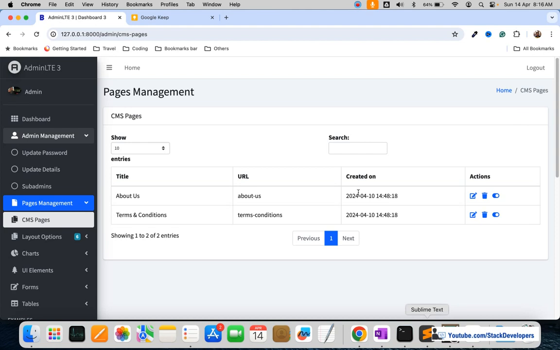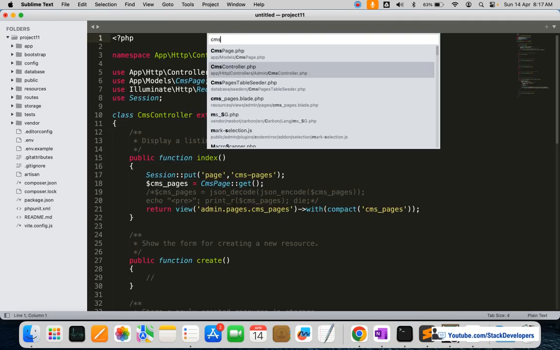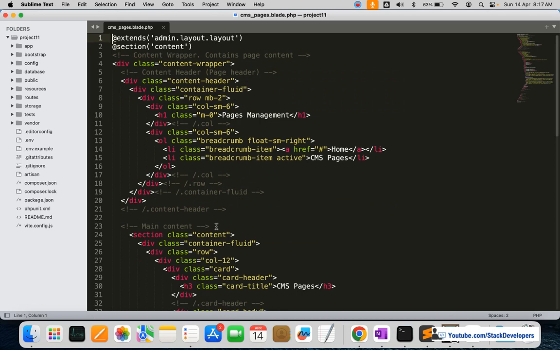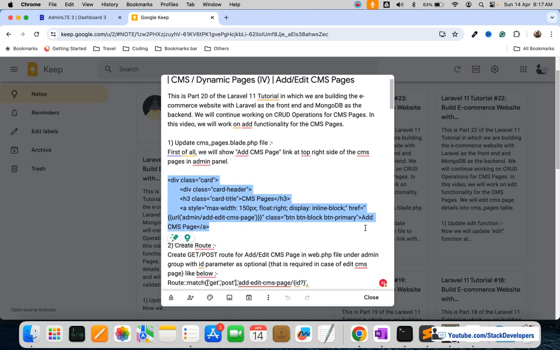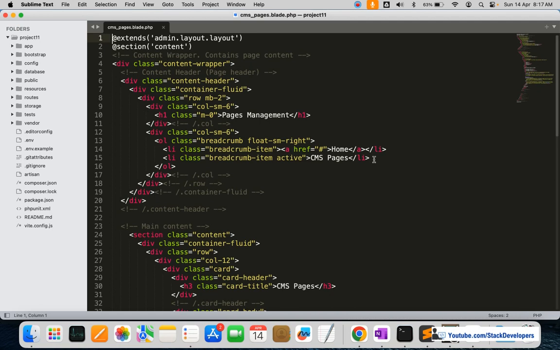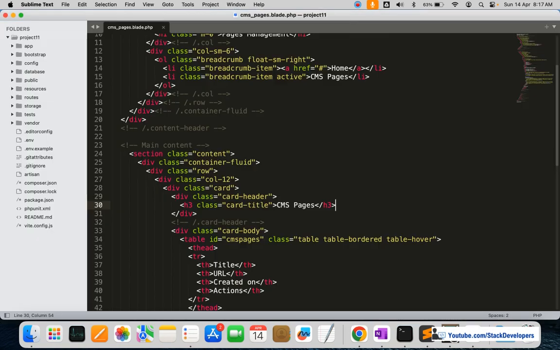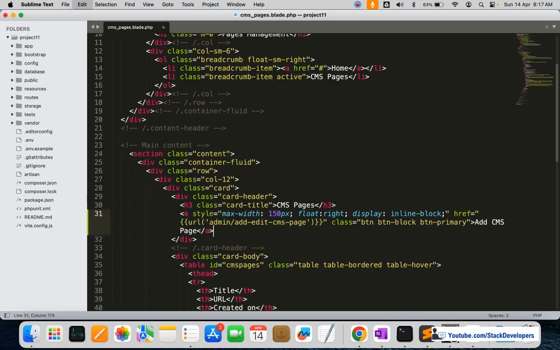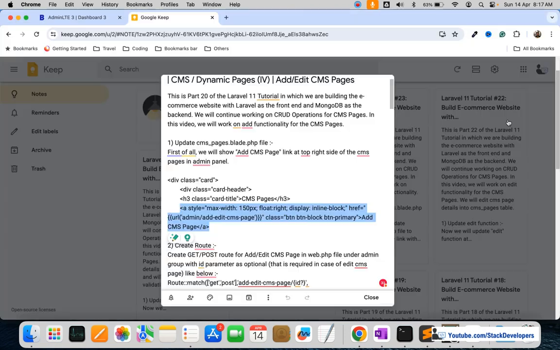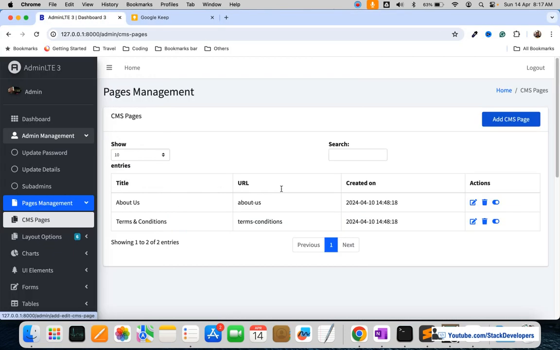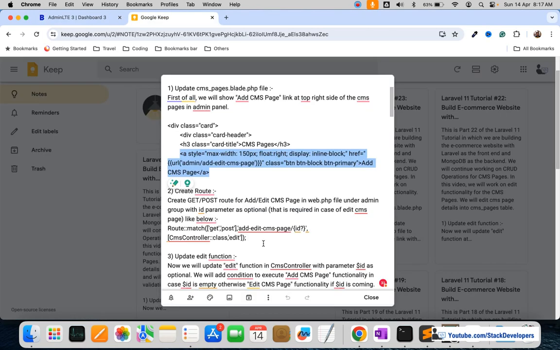I'm going to open the CMS pages file, and we'll add this add CMS page under CMS pages. I think only this link is required to be copied and placed under CMS pages. Where is it? Here it is, and under it we are going to add this one. I will refresh once to see if we were able to add it correctly. See here, add CMS page has come up. After that